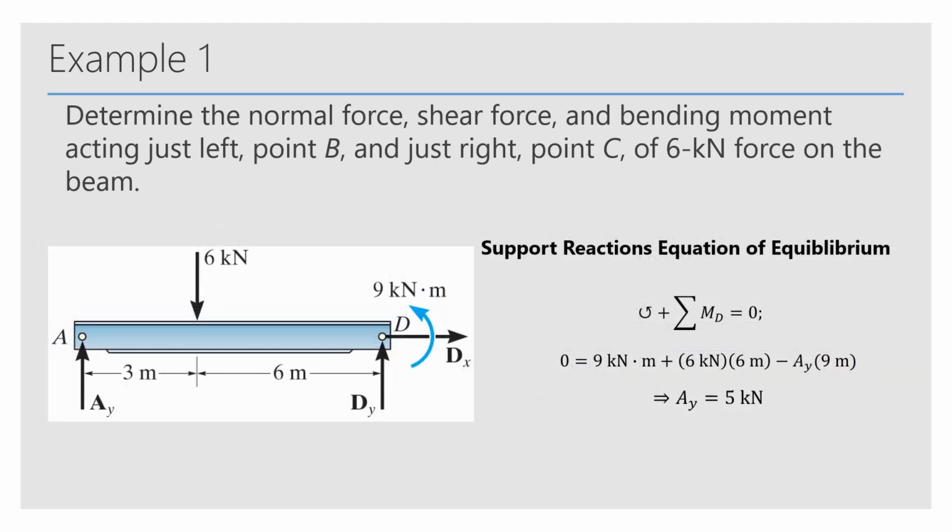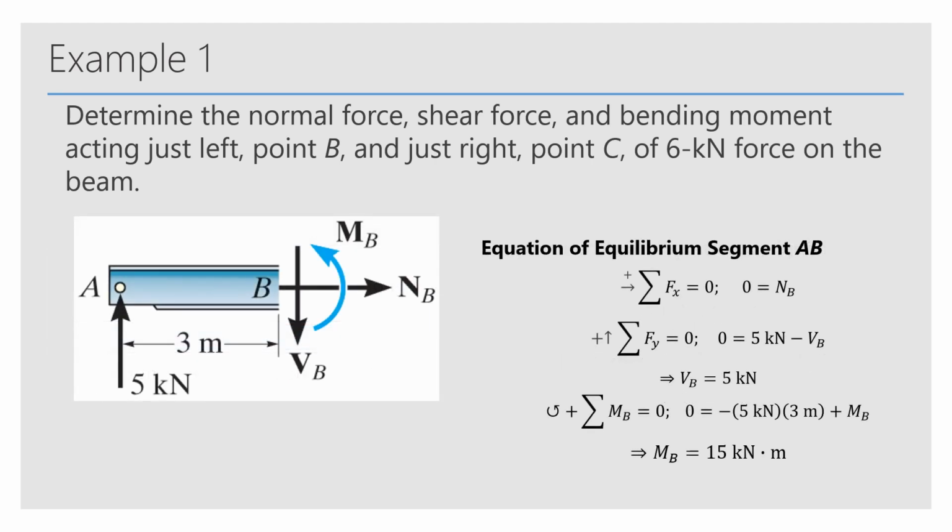For the support equations, if we use the point D for our moment, we end up finding that Ay is equal to 5 kilonewtons. And this is all we really need in order to solve this problem, because all we're focused on is points B and C, which are at the middle. So next,